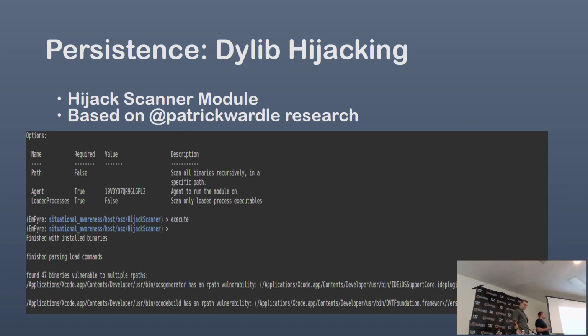So if you're operating from OSX in a defensive position, I would check out his research. He has some really cool stuff out there that looks for malware on OSX boxes, looks for persistence and the common persistence locations that we have mentioned before. So this hijack scanner module will actually scan recursively the whole drive or whatever path you provide it, and it'll list out any locations that are vulnerable to several things, multiple RPaths,